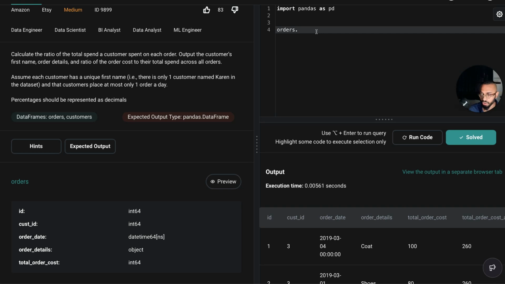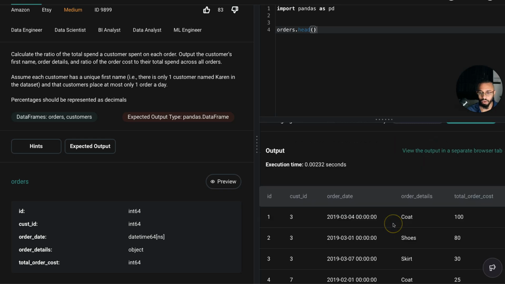I'm going to quickly check the orders table, orders.head, and let's run it. As you can see, we have all these columns here. And my idea again is to add one more column here, which will contain total order cost across all orders for a specific customer. So I'm thinking I'll be doing a group by. I'll be grouping the data set by customer ID, and then after that I'll transform that to give me a total. I'm going to quickly show you what I mean by that. So let's add this new column. Let's call it total order cost